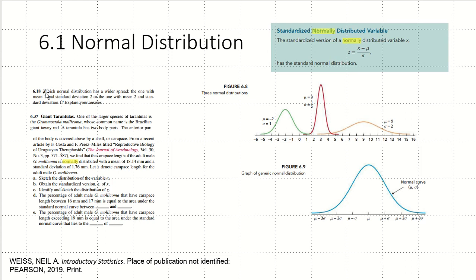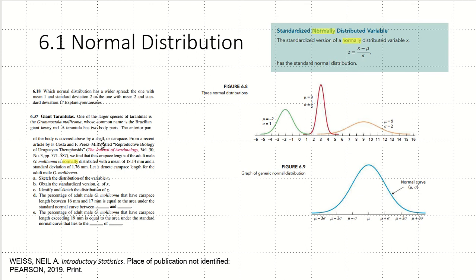So the answer to 6.18 would be the first one with the standard deviation of 2, because the standard deviation determines the spread of the curve. And that's how you would answer that question. All right,